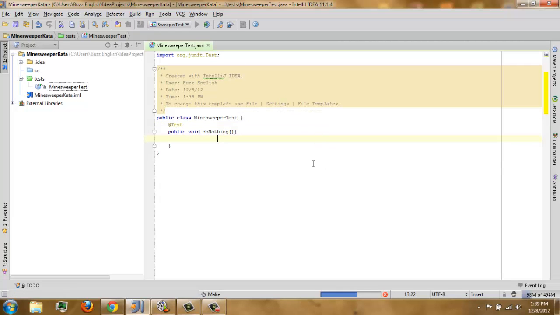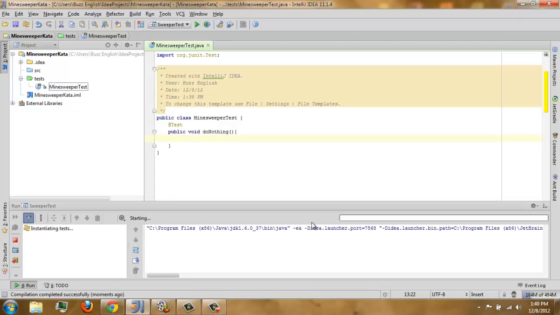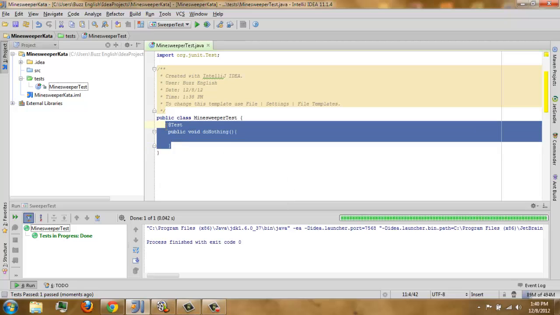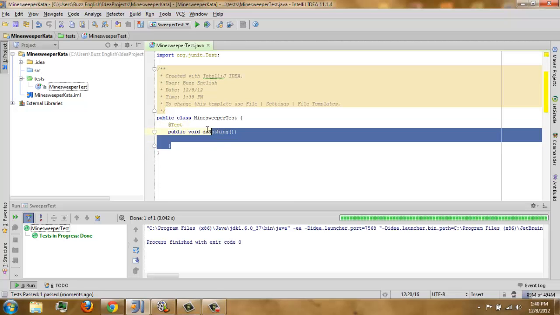Let's see if we have a green here. There. So I think we don't need this method anymore because we already proved our test class works.